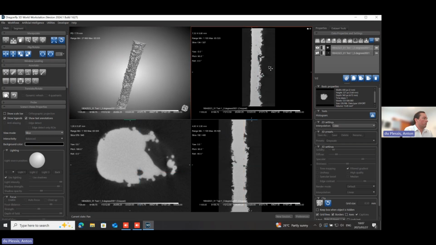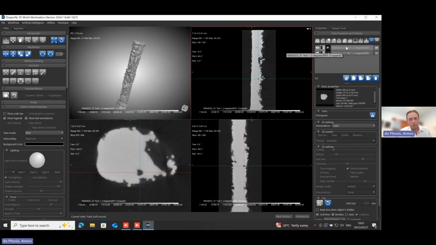And why that is useful is because we will be using the histogram, the gray values of the entire data set, for making a thresholding. And in this case, we are only interested to analyze the section. So let's use only this data. So that's how you can crop data, which is also useful for other applications.